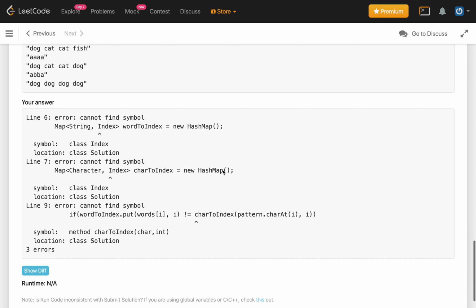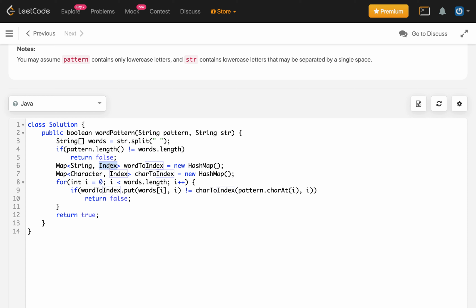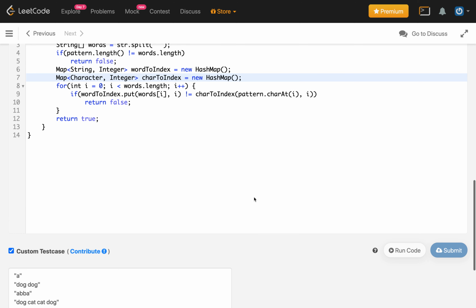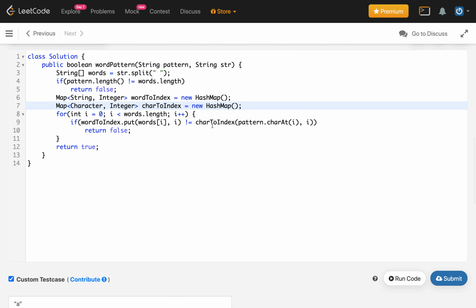So there is a compilation error. Oh, I used the index instead of integer. It is integer, not index. Integer, yeah. So this should compile now. So let's see, there is char2 dot index. So what is that method? I am adding char pattern dot char at i comma i.